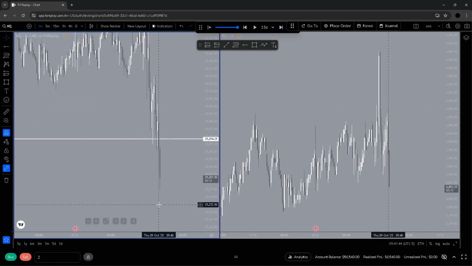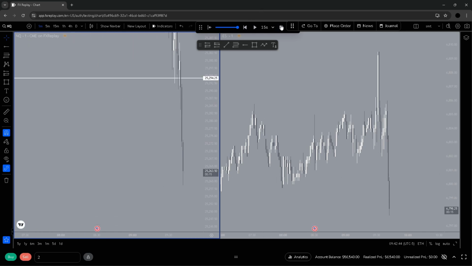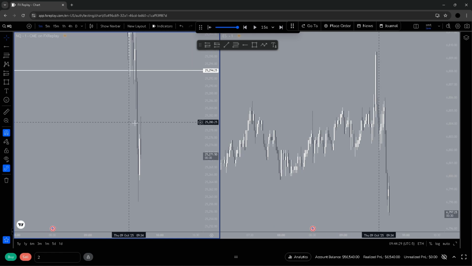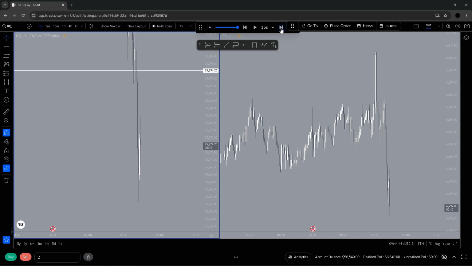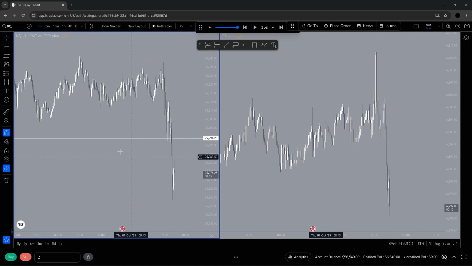And it looks like it just wants to keep continuing. So let's just wait and see what happens. ES takes out the lows as well, so we should get the rebalance. So we get a rebalance into this gap. That does look okay for an entry, but I'd like a deeper rebalance just because we've displaced so many